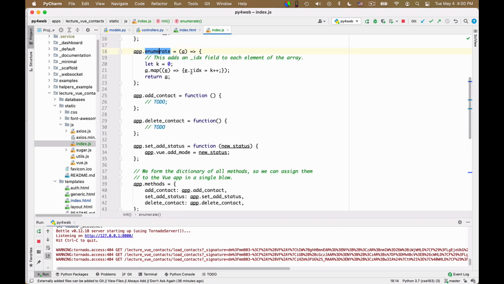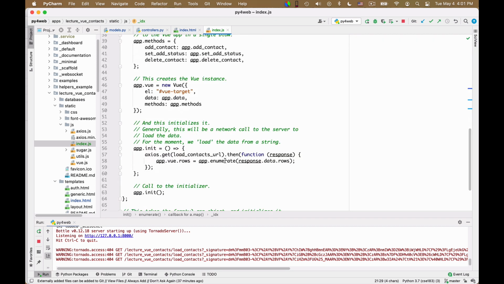It goes over an array and creates an index attribute for each element of the array, so that if you give me an element of the array, I will know quite easily whether that's at index 0, 1, 2. If I give you an index and an array, it's very easy to fish out the element in a certain position of the array. This underscore index attribute enables me to do the converse. Given an element of the array, I can know at which position the element appears in the array. I can just look at its index. But this enumerate business, we come to it later. I will explain to you later why I do this. It's a trick that is quite convenient.